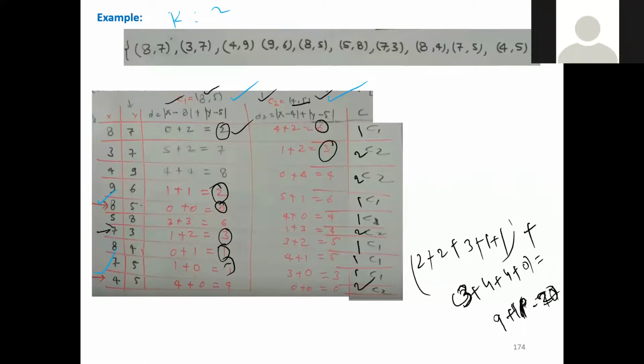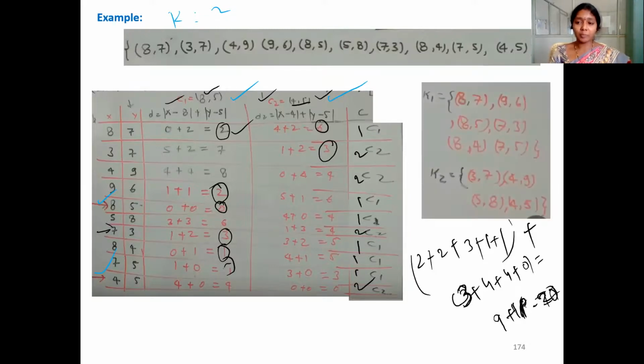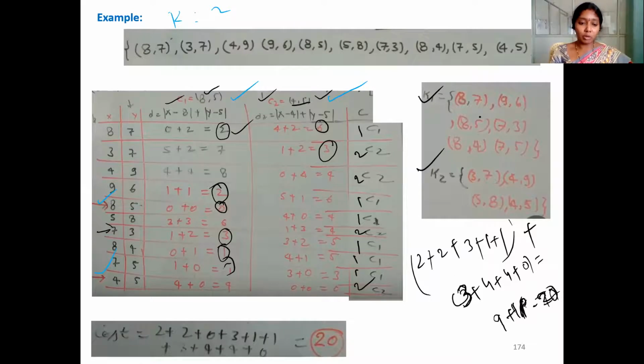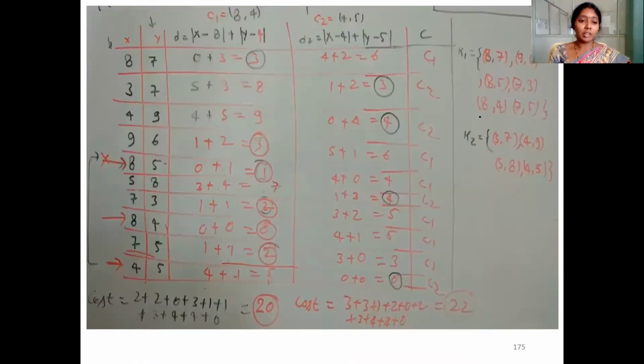We shuffle, right, ma'am? Not shuffling. We need to select the new representative. Yeah, new medoids we need to select. So let's, for example, keep cluster 2 as it is, and take a new representative for cluster 1, for your understanding only. So these are the cluster elements in the particular cluster, right? So this is the cost you got, 20. So let us say we just keep the second representative object as it is. Let's only concentrate on cluster 1 for your understanding purpose.